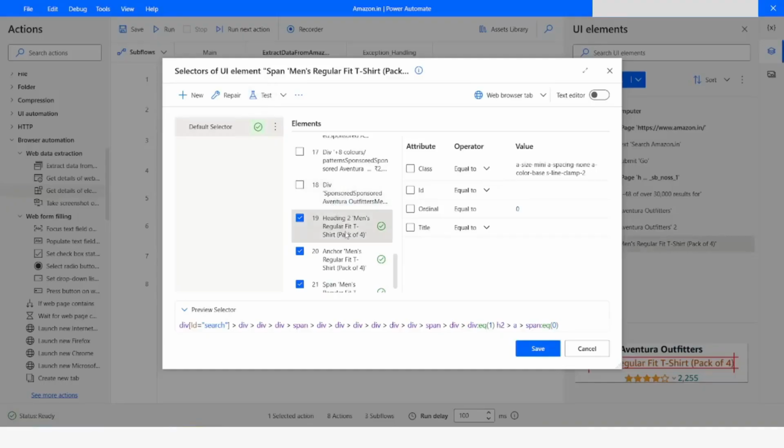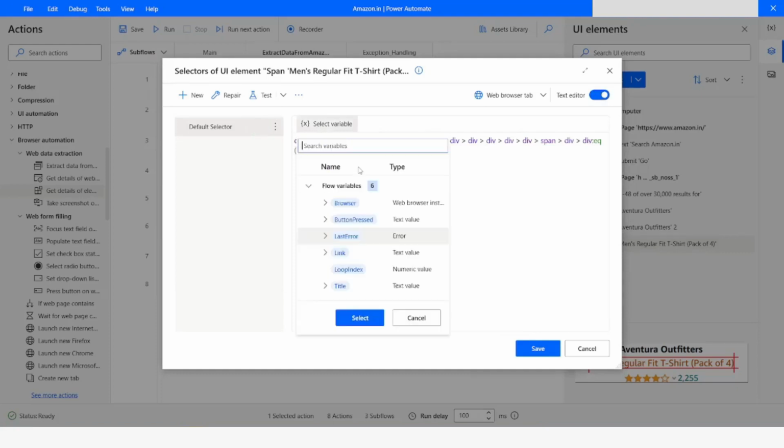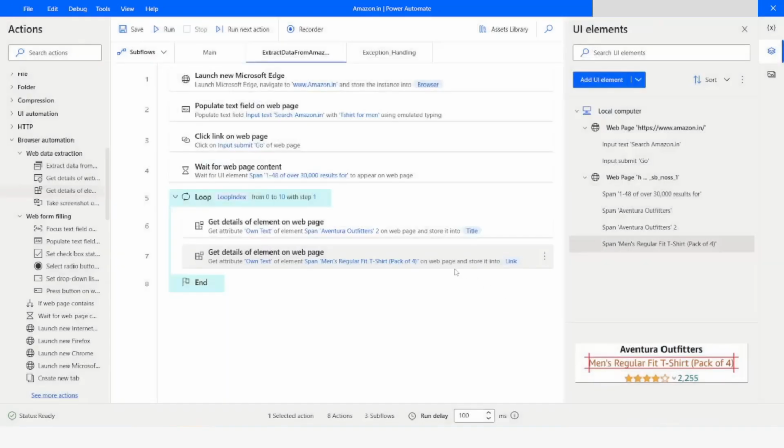Now it is able to identify that link. Now I will enable the text editor, and here I will specify the variable which is loop index. So now we have got the title and the link,